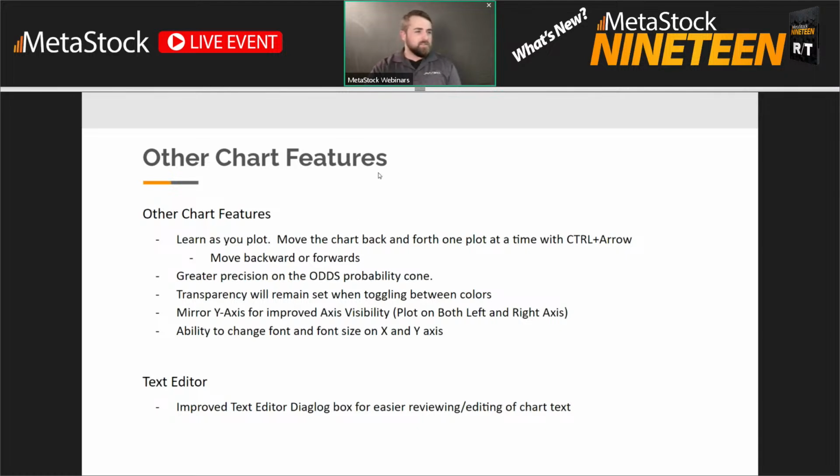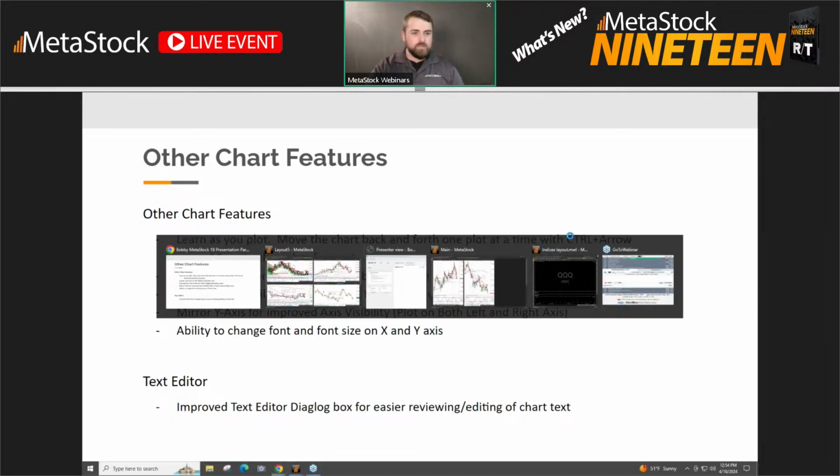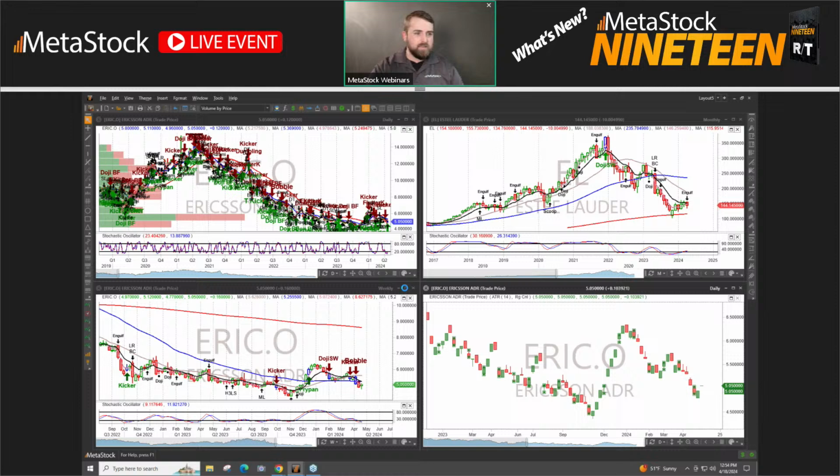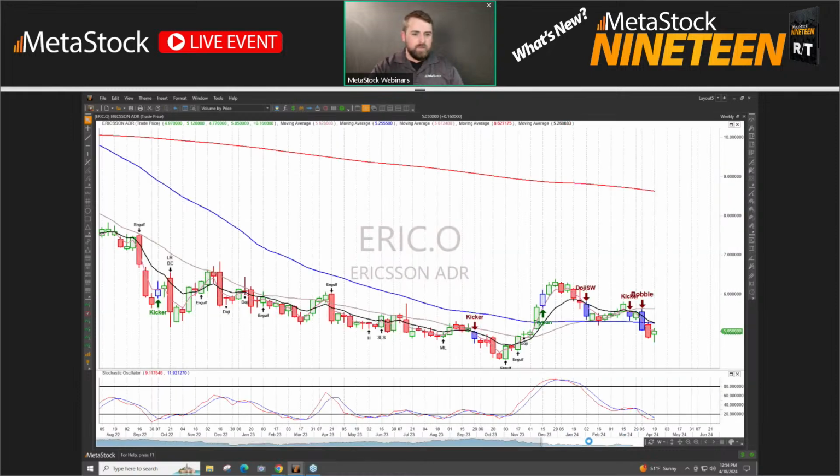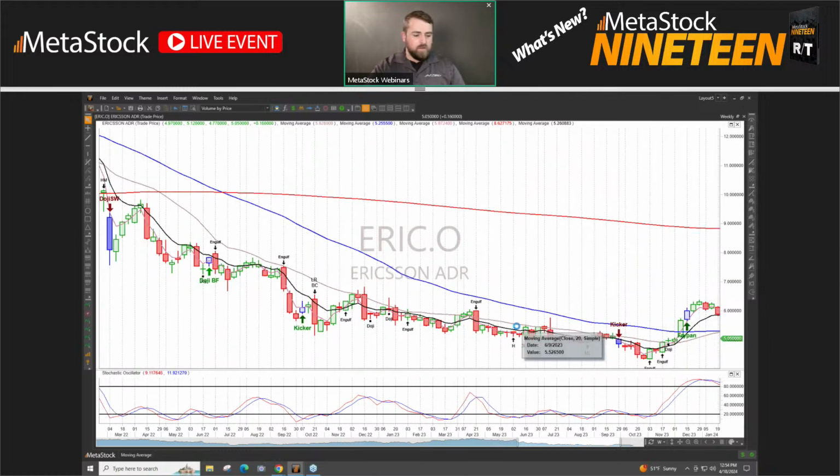Other chart features: learn as you plot. You can move the chart back and forth one plot at a time with control plus arrow, so you can move backwards or forwards. If you're trying to do some analysis, let's open this up and move this back.